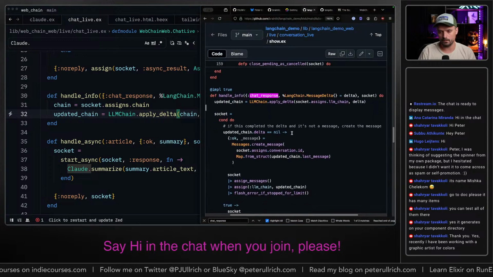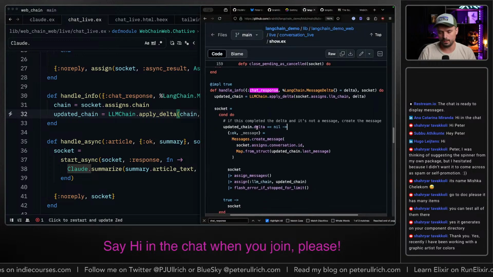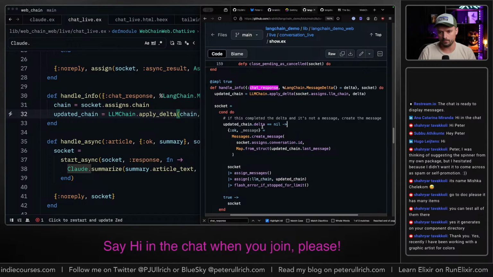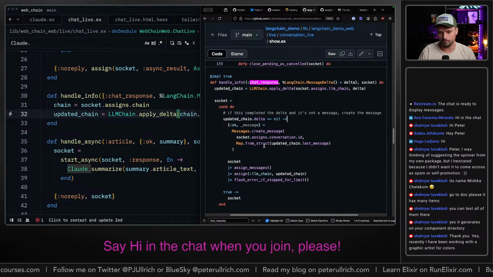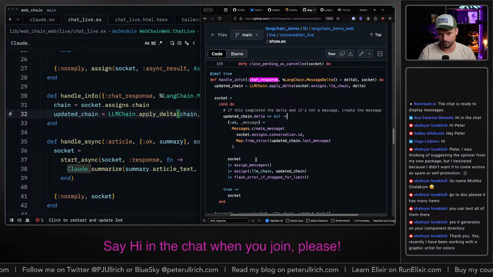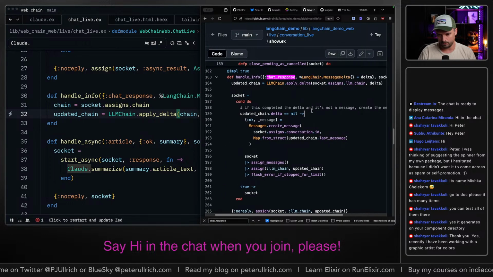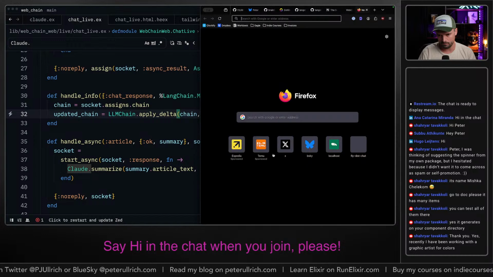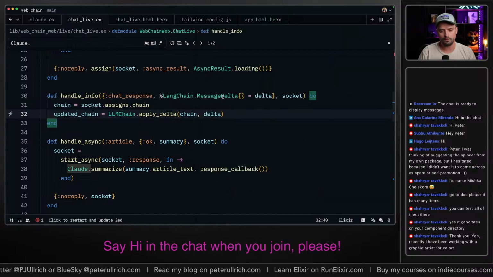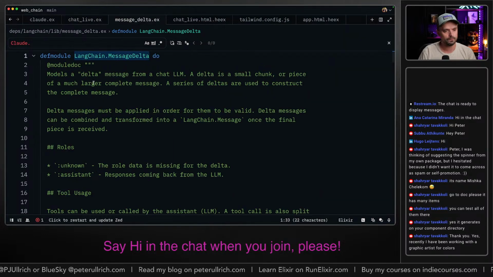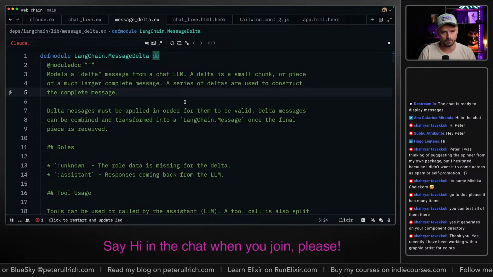Okay, and then if the updated chain delta is nil, then they add a message. Otherwise, they just return the socket. If this is completed, the delta, and it's not a message, create the message. Oh, what is this delta thing? Delta message from a chat. Delta is a small chunk or piece of a much larger complete message.